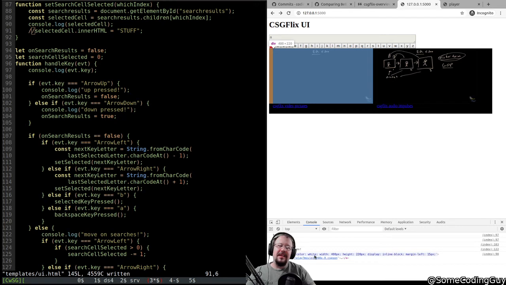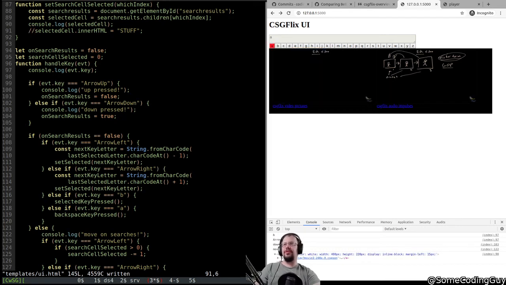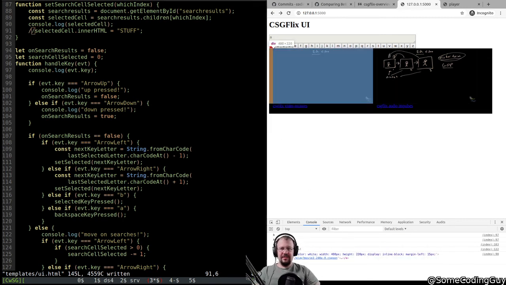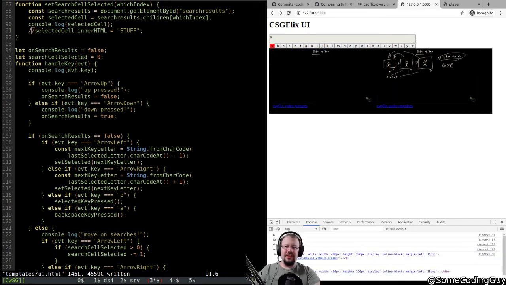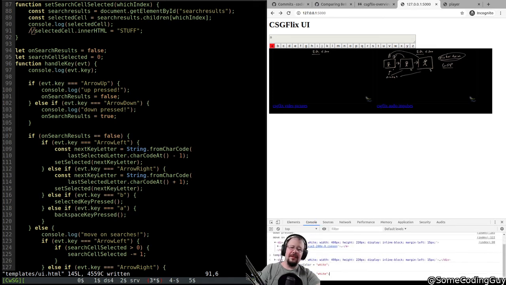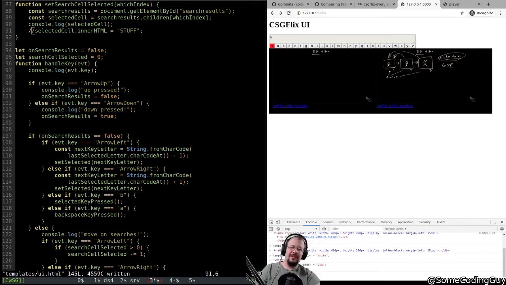Yeah, because you can't see it. If I throw a little border on it or something, that might be the easiest way to do this, just to show what's selected. So if I store this, let's check real quick rather than guess. So let's take the style and the border color set to white, and the border width set to 2 pixels, and the border